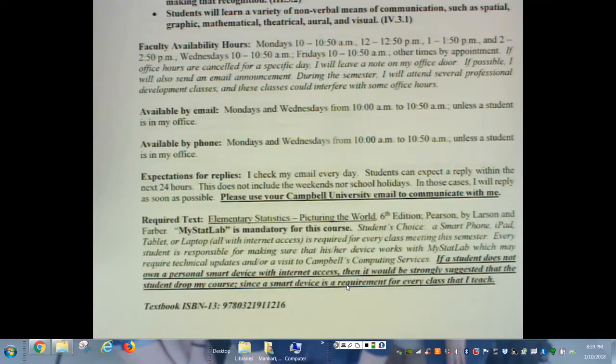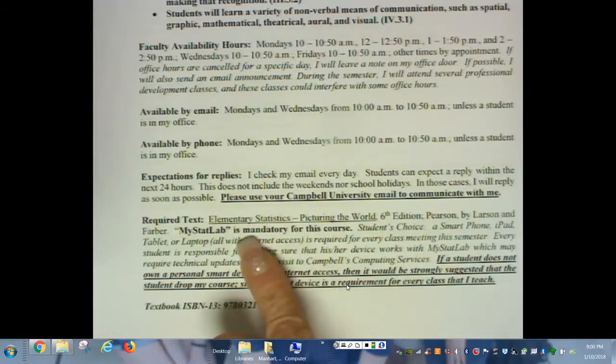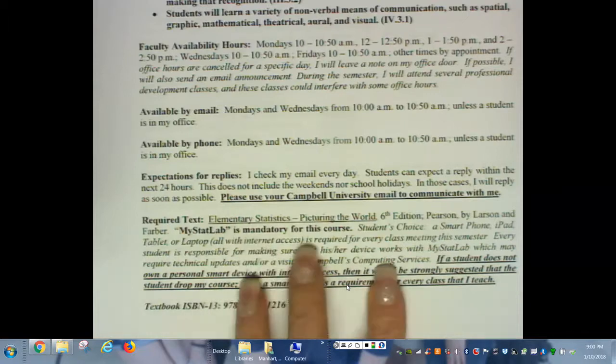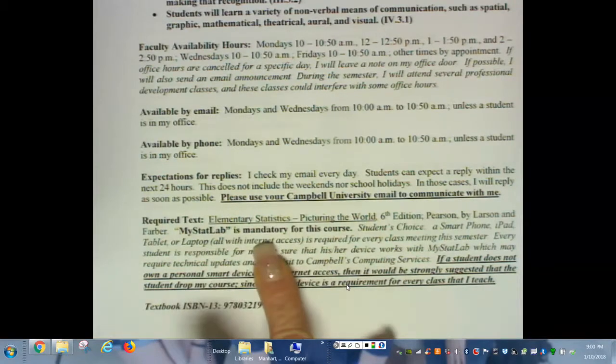I will also expect you to bring a smart device of your choice to class, as long as you know how to work your smartphone or your iPad or your laptop, and that the cookies and the pop-ups are adjusted so that you can take attendance with your smart device, and you can also take pop quizzes. The pop quizzes will be provided through MyStatLab, which comes with your particular textbook. I do want to say that if you, the student, wishes to just purchase the access code to MyStatLab, I am okay with that as your teacher.